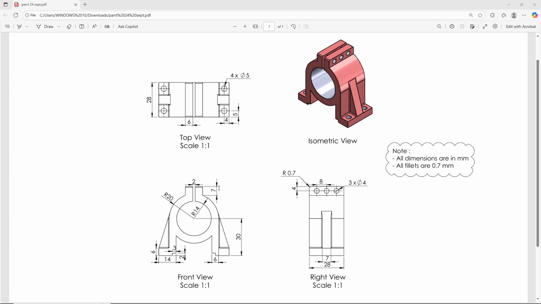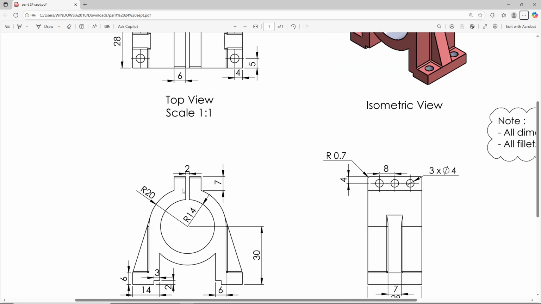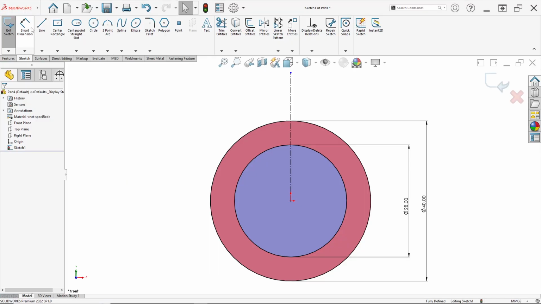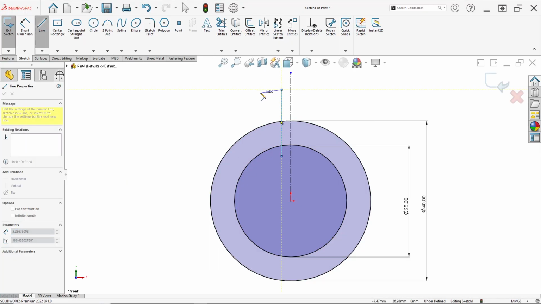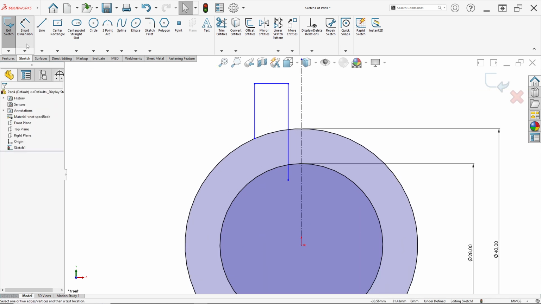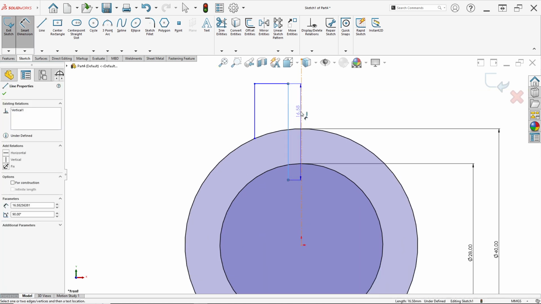At the top, you want to sketch like this, so select line and draw the lines like this and this. Set the dimension between this line and this center line.